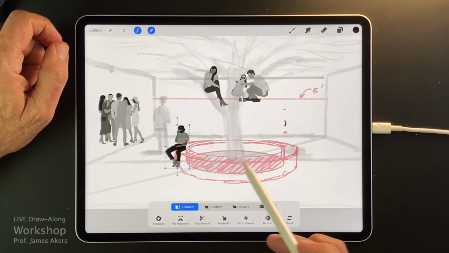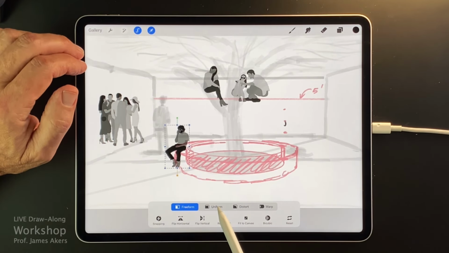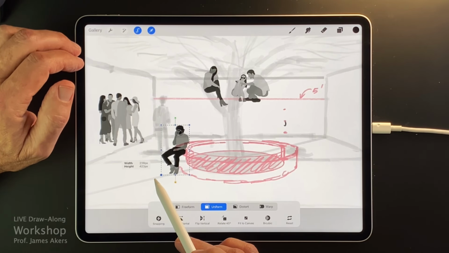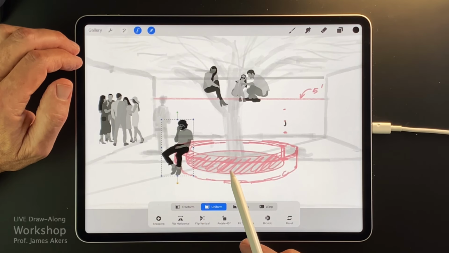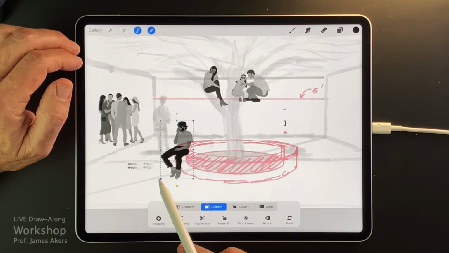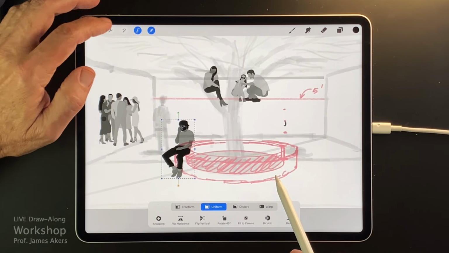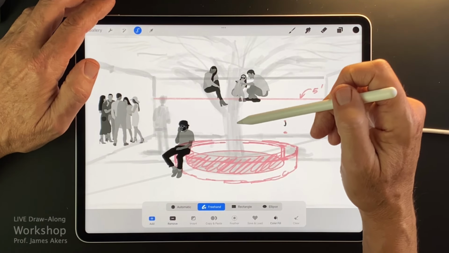That's because we have to enlarge him, and oops, I've got freeform involved. I want to go back to uniform, and I'm going to enlarge him, and this gets to be really fun because you can see where the seat of his pants is and where his toes are, and so that's going to be pretty good.